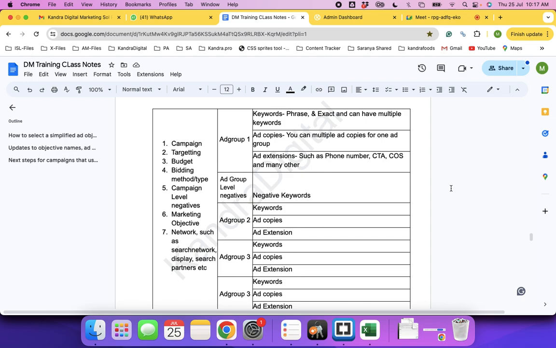Buy shoes online, they'll be landing on a generic page and we have no clue which brand they are looking for, what kind of size they are looking for. But when somebody searches buy Reebok shoes, and I land them on the Reebok page, they cannot be sent organically to any page just like that without having a Reebok page on the website. So when they are very clear with their requirements, the chances of them buying is very high, right?